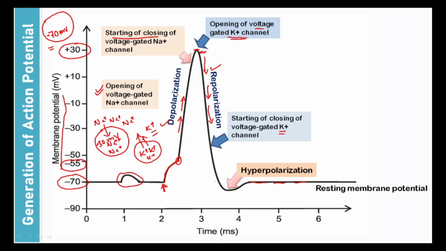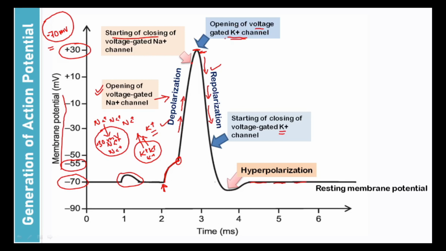It will cause the depolarization, because due to the opening of voltage gated sodium channel, the membrane potential will rise up to plus 30 millivolt. So in this area, there is a starting of closing of voltage gated sodium channel,